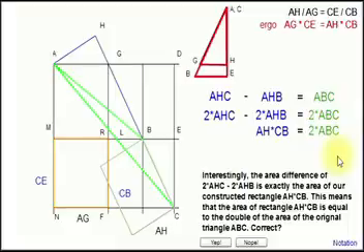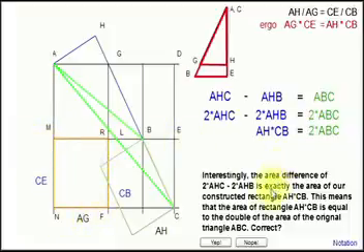And we know from this relationship that the rectangle AH-CB, this one, is equal to 2ABC, which is the double of our original triangle ABC. Okay, so, and since we also in an earlier step showed that this rectangle and this rectangle were equal,